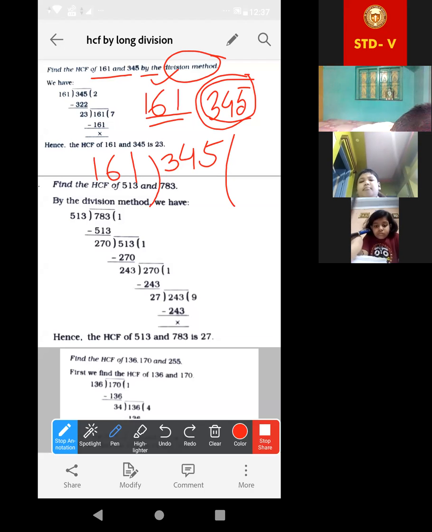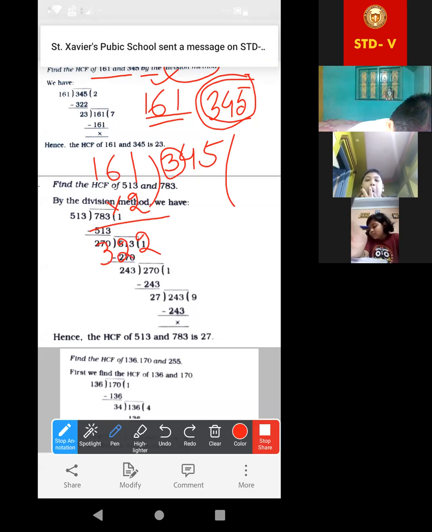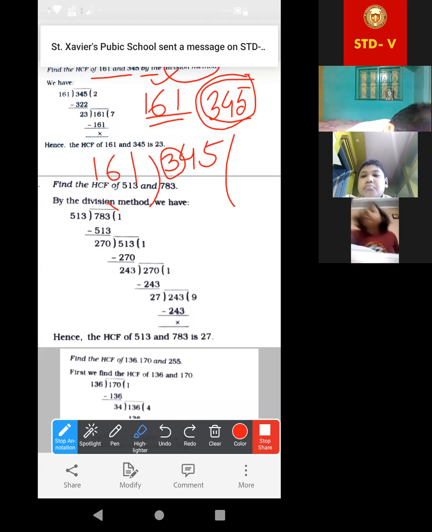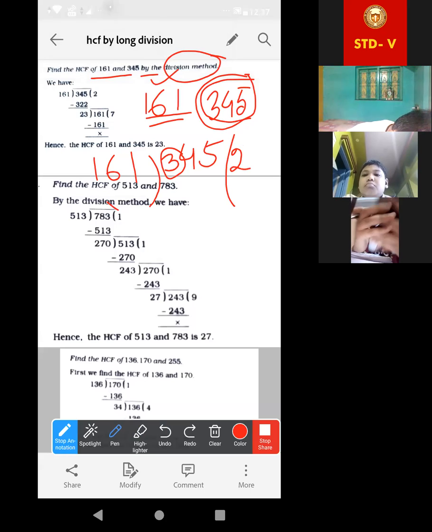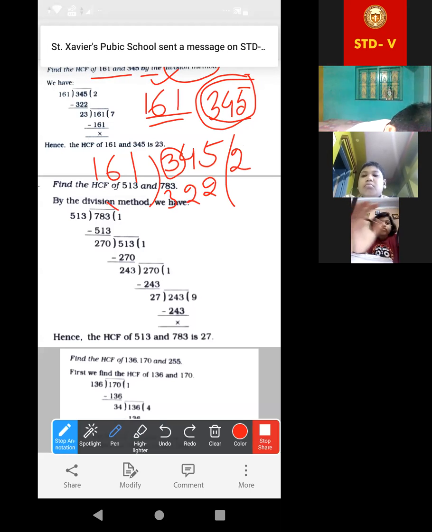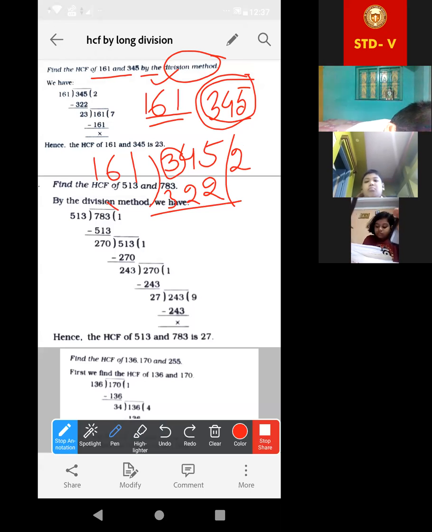How to continue the division? There is an interesting process. Look. By this, definitely it is 3. So we can multiply it by 2 and we'll get 322. So take 2. By 2 it will be 322. Now look at this. Normal division, it will be 23. Now what is the process? 23, here it is the remainder.